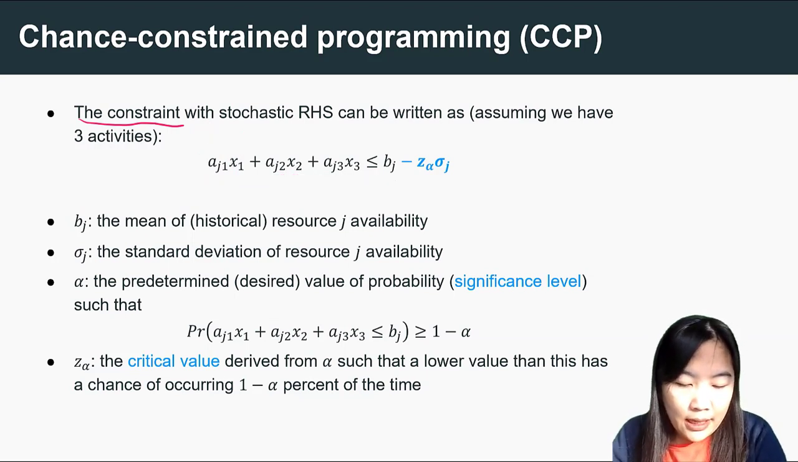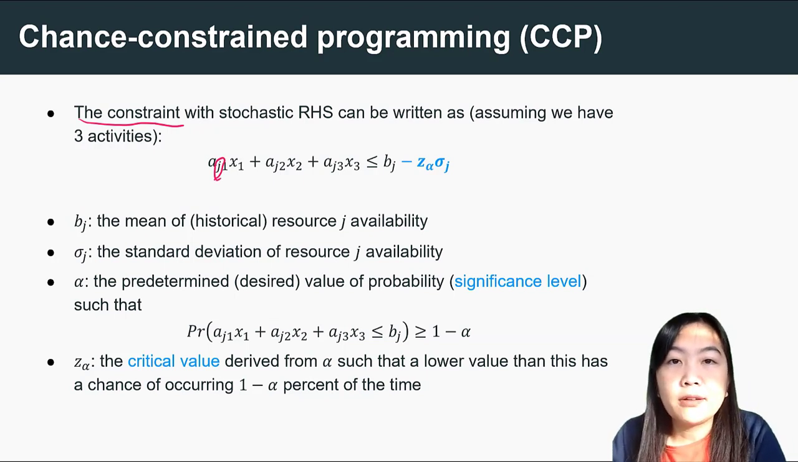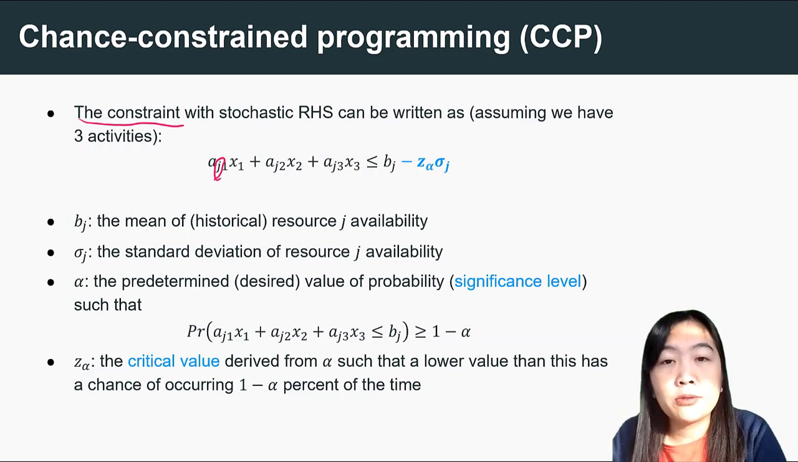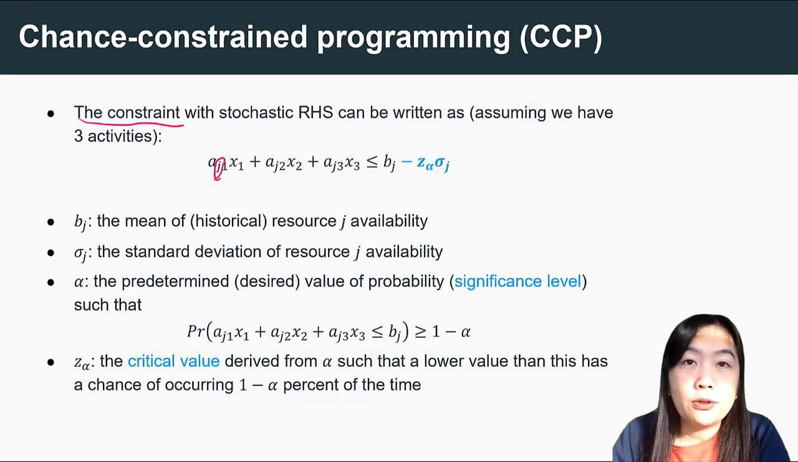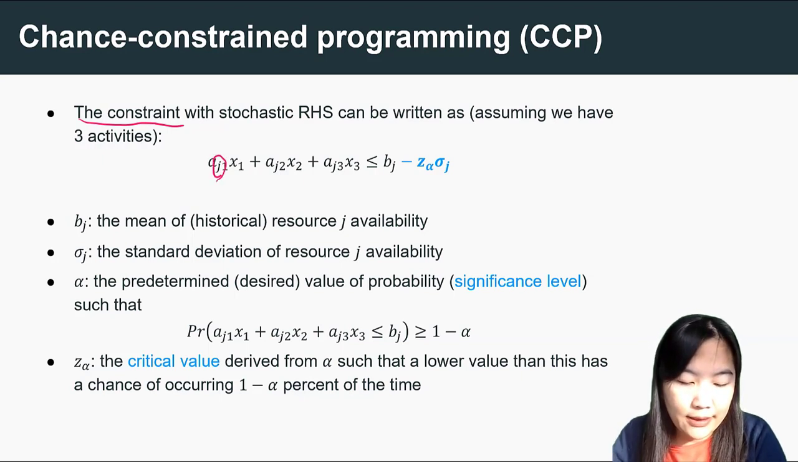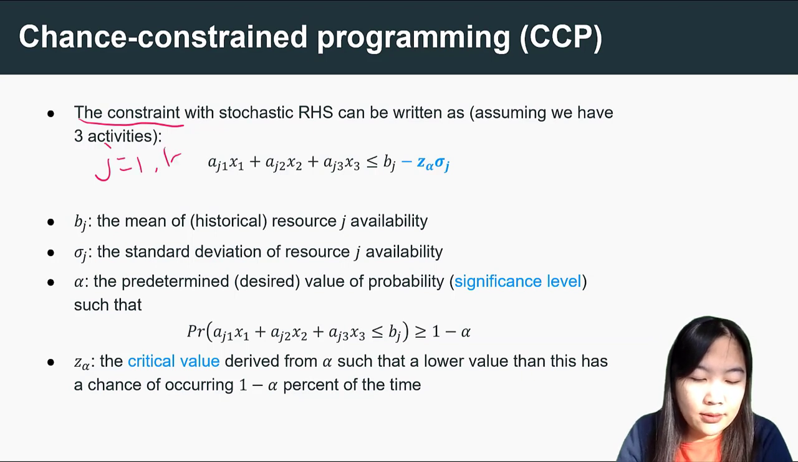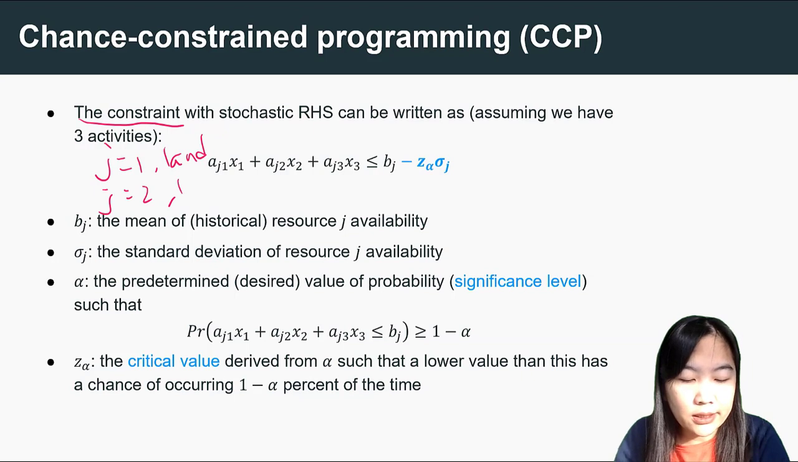The reason that I use this J here is because for each mathematical programming, we could have multiple constraints. So for example, we could have a constraint on land, a constraint on labor, a constraint on field time, and so on. So for each of those constraints, that's one J. So J equal to 1, then this is land, J equal to 2, then it's labor,